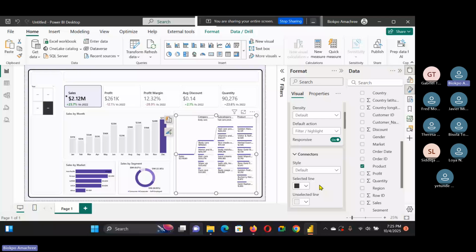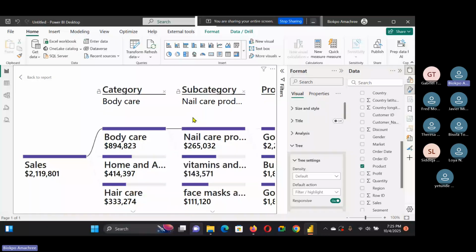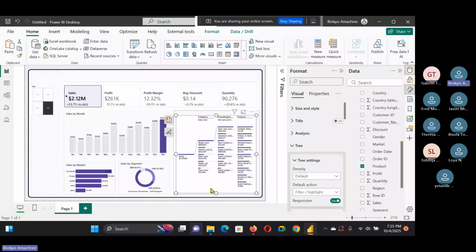Because of the space we have here, I cannot really make this big. But if you expand it, the page size is still big too, and you're going to see it properly. But if you go in, you can use the tooltips. Tooltips can show you the